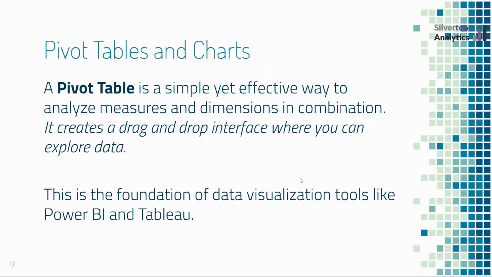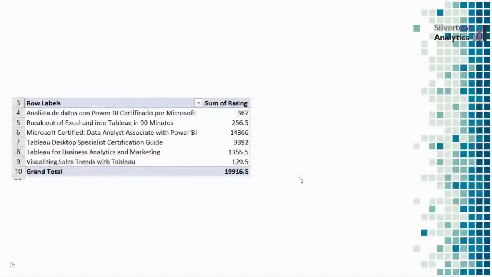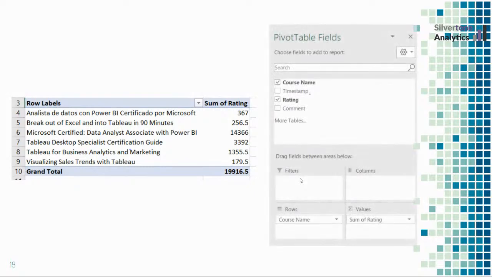I wanted to go through this and make sure that everyone who's watching fully understands what's going on within pivot tables. Because this is a simple tool set that can be worth millions of dollars to you throughout the lifetime of your career. So this is what the interface looks like. You'd highlight an entire data set, and you can see that I clicked on course name and rating. This is a preview of what's going to be coming up later in the lecture: we have all of our specific courses, and we have sum of rating, which,